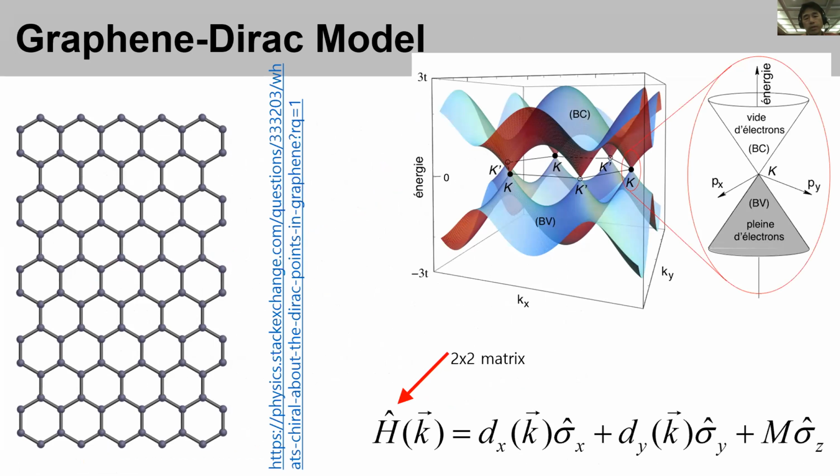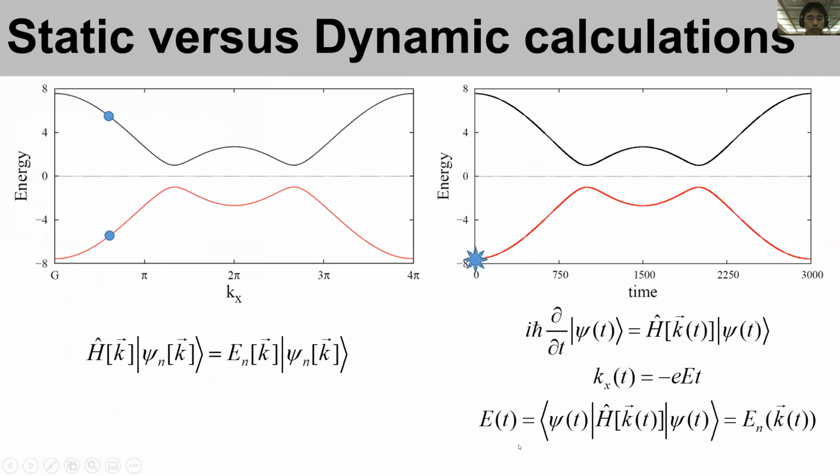One very simple example can be provided by this 2x2 graphene model, and the graphene band structure, the Dirac cone-like band structure, is very well known. Near the cone Fermi point, the 2x2 linearized Hamiltonian can be modeled this way, and by diagonalizing the 2x2 Hamiltonian, we can calculate the graphene band structure. But for this band structure, we can assume a very weak electric field